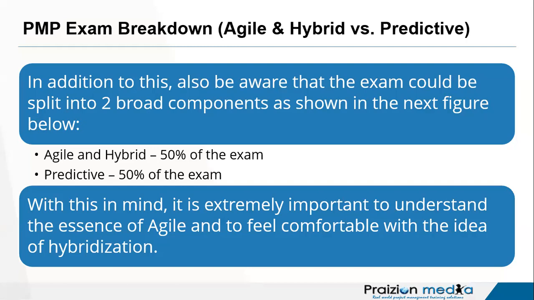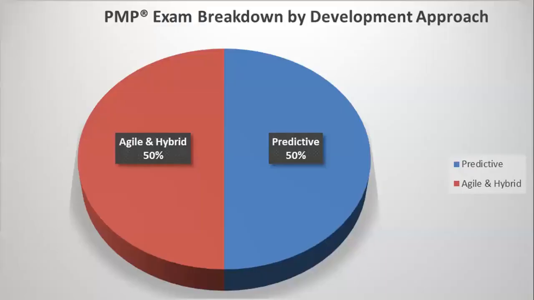We talk about the Agile Manifesto. If you go to agilemanifesto.org, you'll be able to see the Agile Manifesto with the 4 values and the 12 principles. This is very important for your exam. So when you take a look at the exam, have this in the back of your mind. It's broken down into a 50-50 split. And agile, from what we hear, is front and center.